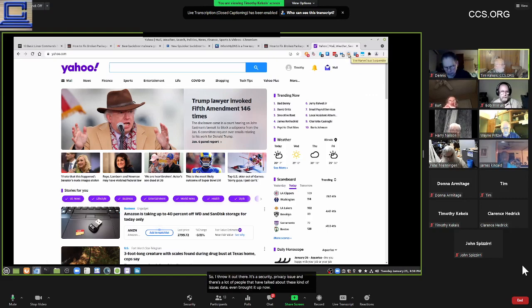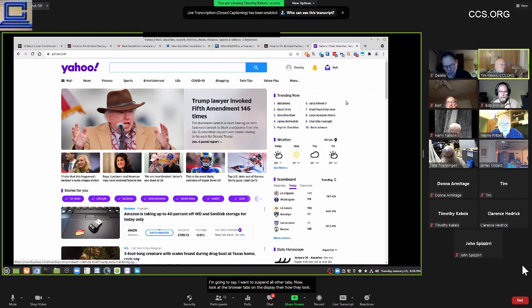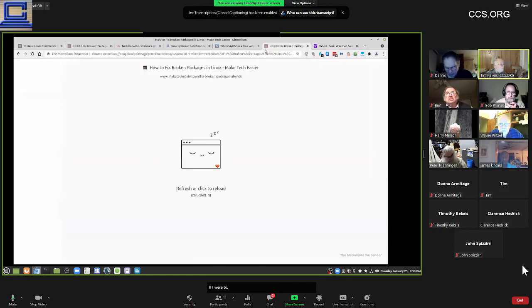Now I'm going to go here to the Marvelous Suspender. I'm going to say I want to suspend all other tabs. Now look at the browser tabs on the display there, how they look, and I'm going to go through the suspension. It went through because I don't have that many tabs open at the moment, and it closed every one except the one I was on. If I were to open each of these back up,